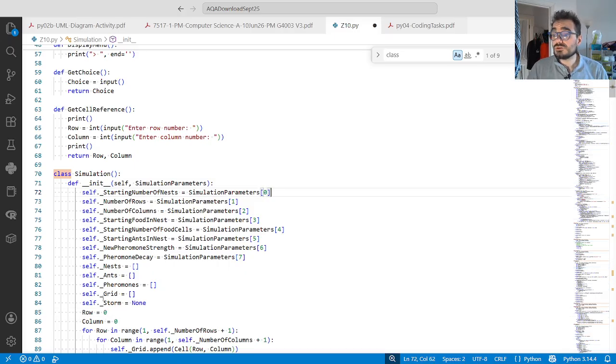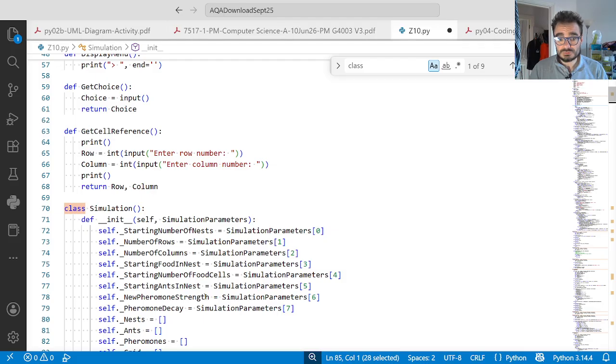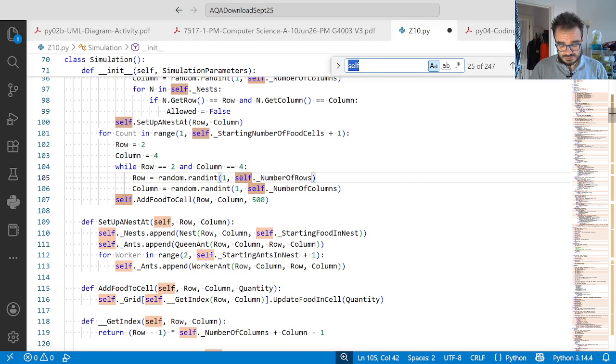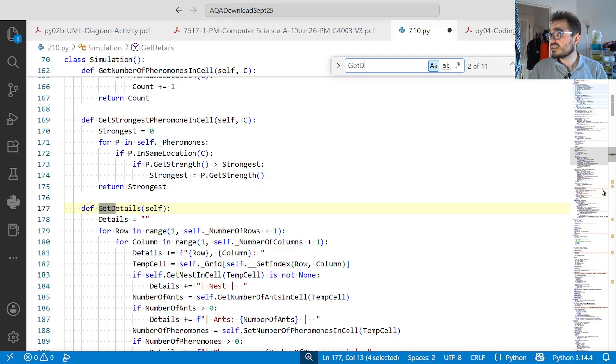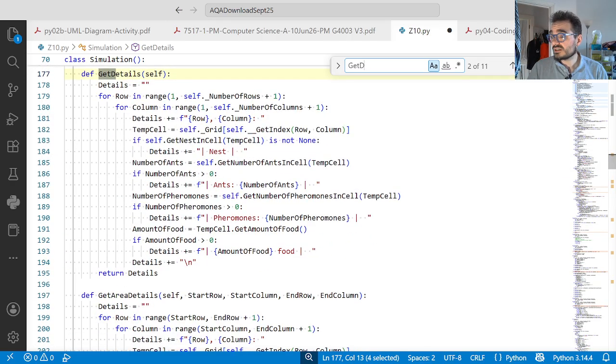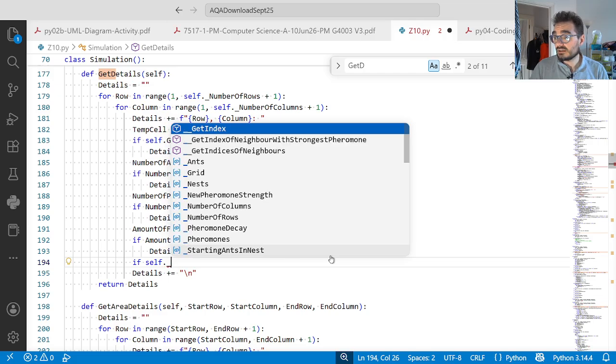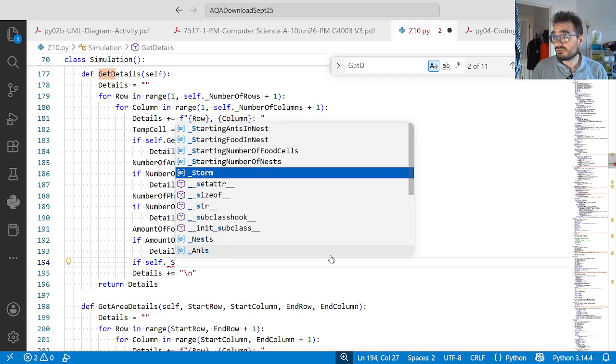But I know that my reference to my weather object is going to be in that underscore storm attribute, which means I can now use get area details, like we did last time. This builds a string with all of the details of what's in the cell. So in here, we're going to say if we have a storm going on,